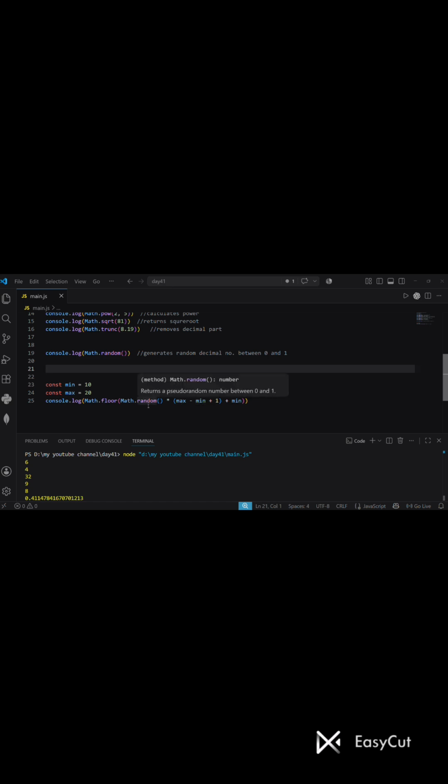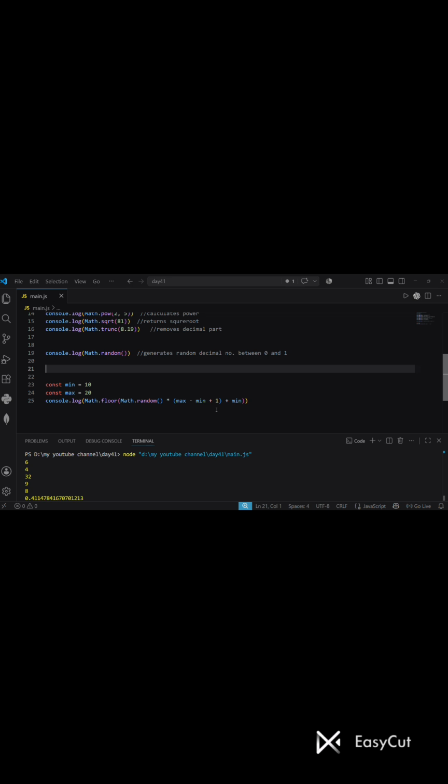So random times 11 plus min. Min is 10. Let's say Math.random generates 0.1. 0.1 times 11 plus 10. What will be the answer? 0.1 times 11 is 1.1. 1.1 plus 10 is